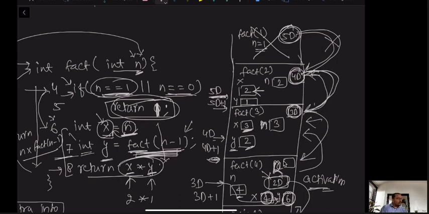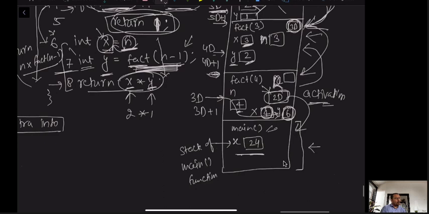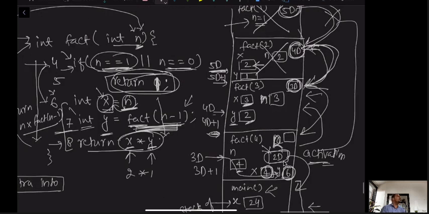When the control is given to this, the stack will be lost. That's why if you wanted to access these variables afterwards, they are no longer available. Okay. So when you go inside the main, all these stacks will be removed. And if you have to go back, then you cannot go back unless you call that function again.